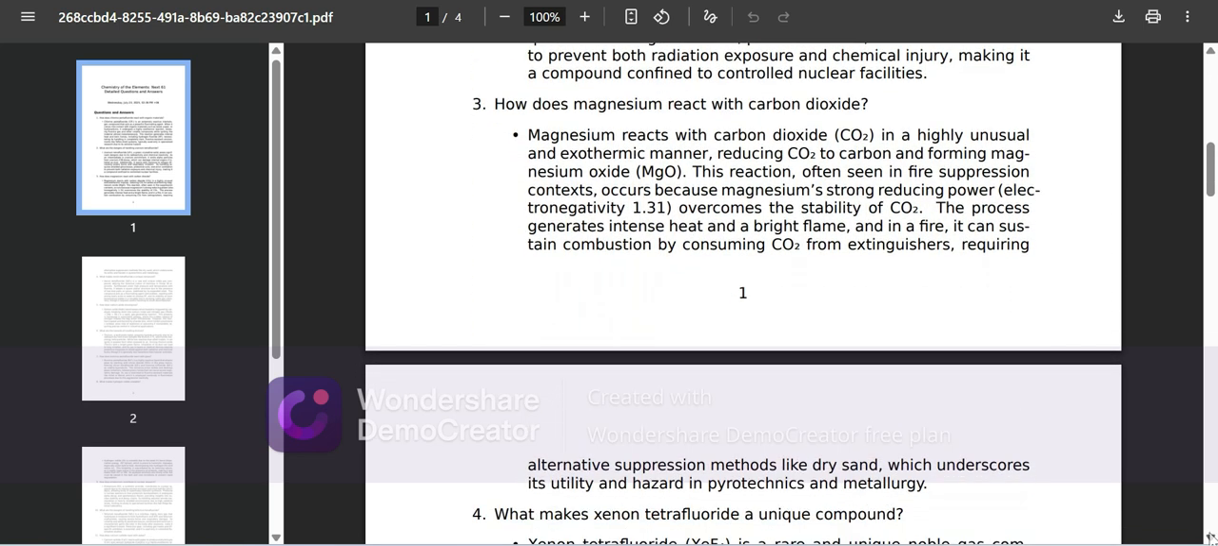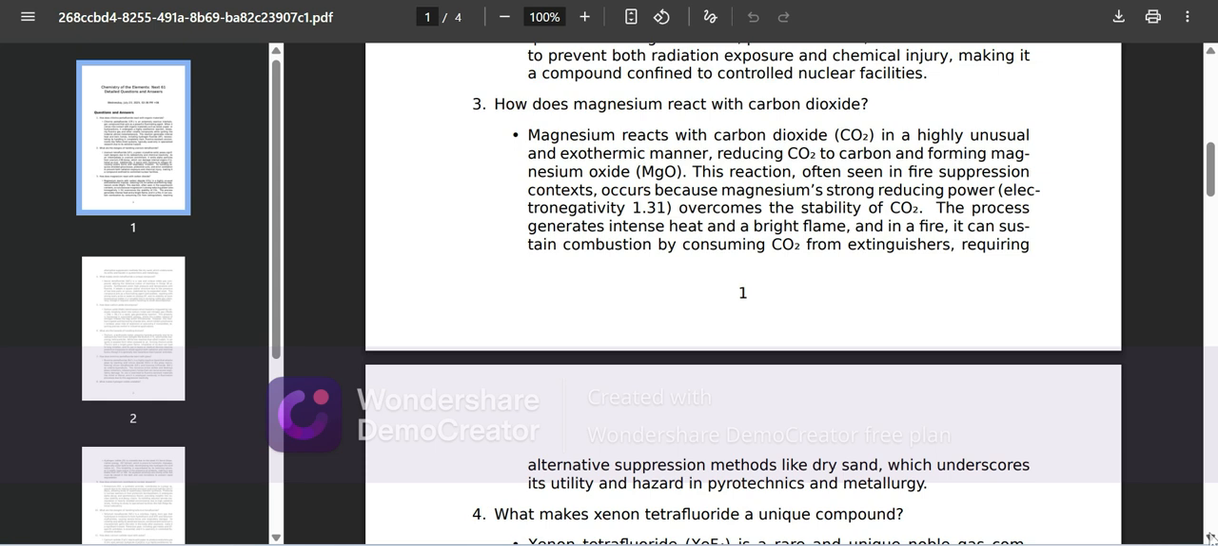How does magnesium react with carbon dioxide? Magnesium reacts with carbon dioxide in a highly unusual and exothermic manner, reducing carbon dioxide to carbon and forming magnesium oxide, MgO. This reaction, often seen in fire suppression contexts, occurs because magnesium's strong reducing power,